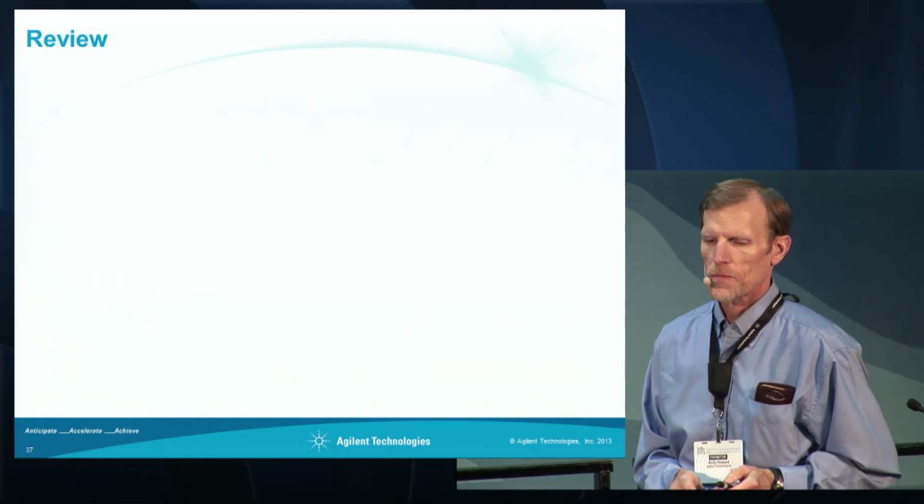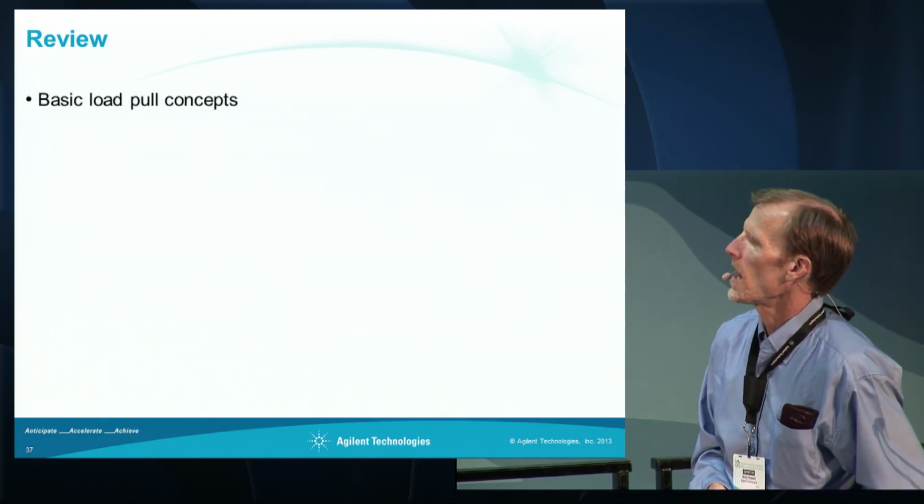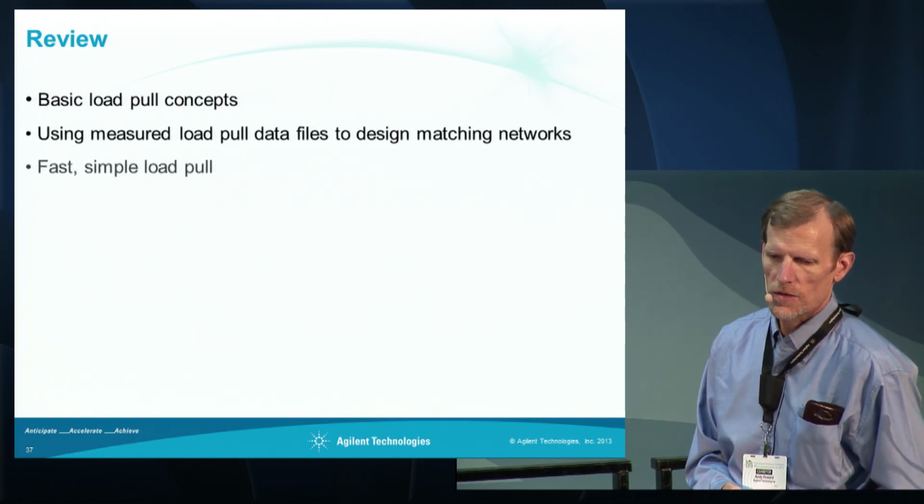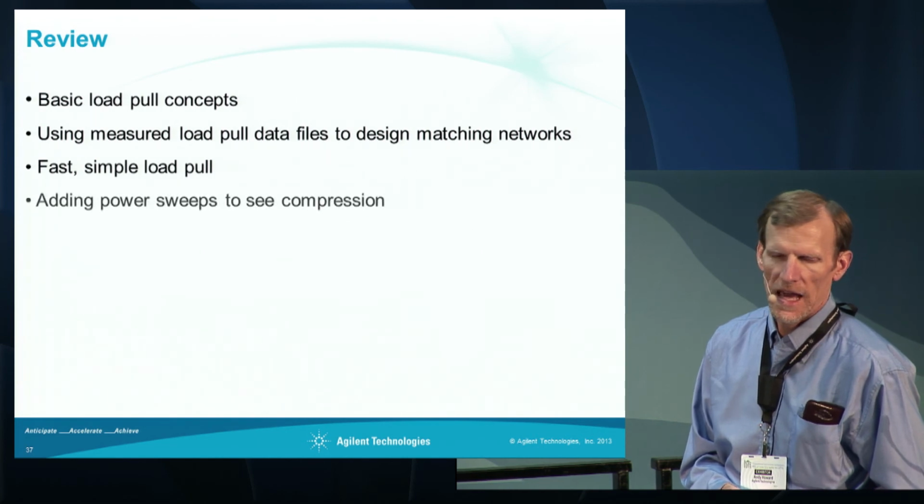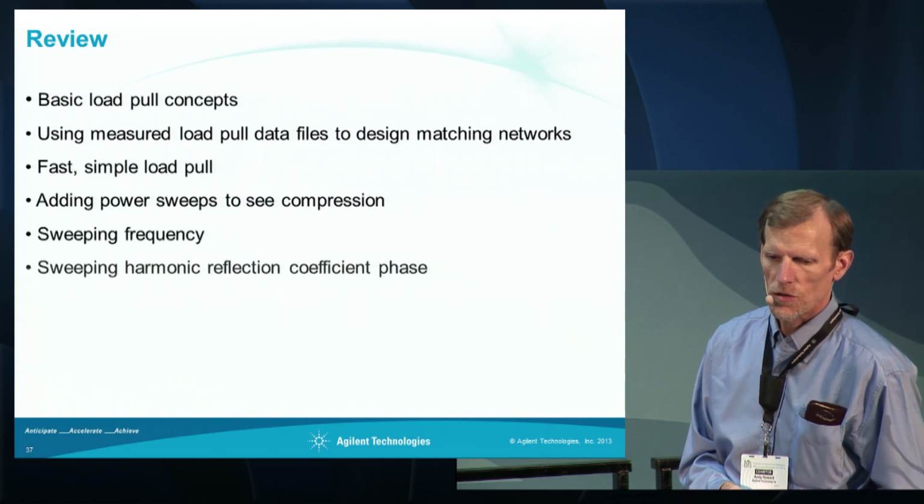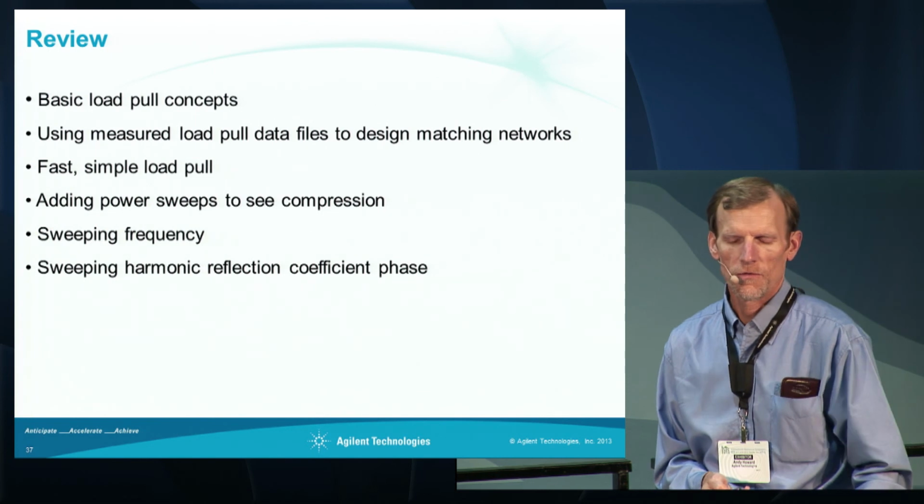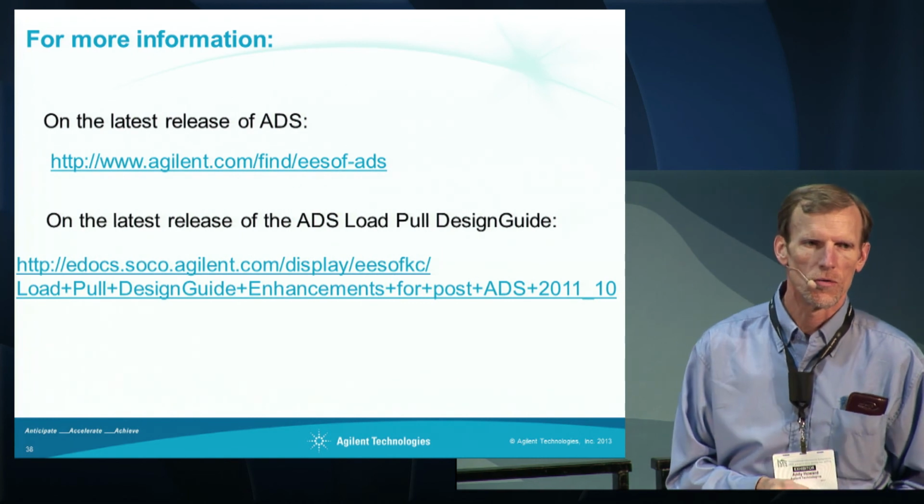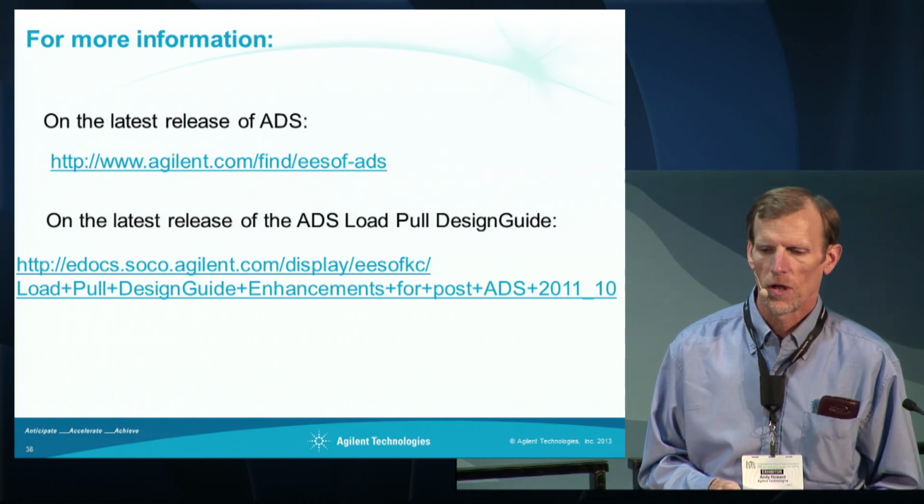Okay, just to review, I talked about basic load pull concepts and using measured load pull data files to design matching networks. I started with a fast, simple load pull, then added sweeps to see compression and swept frequency, and showed a sweep of harmonic reflection coefficient phase. And there are certainly other techniques that I have not shown. You can run EVM analysis, for example, and you can plot EVM and ACPR from a one-tone swept harmonic balance load pull simulation. So there are a lot of capabilities for load pull analysis, and if you have questions, please